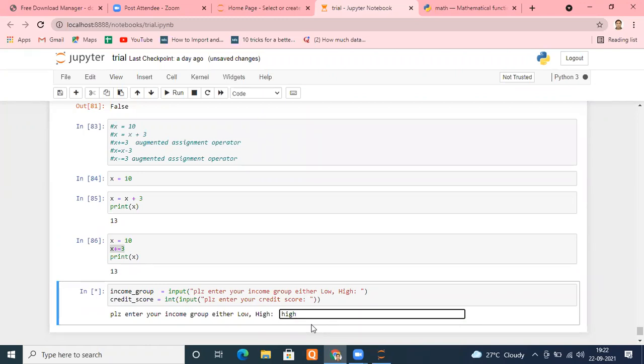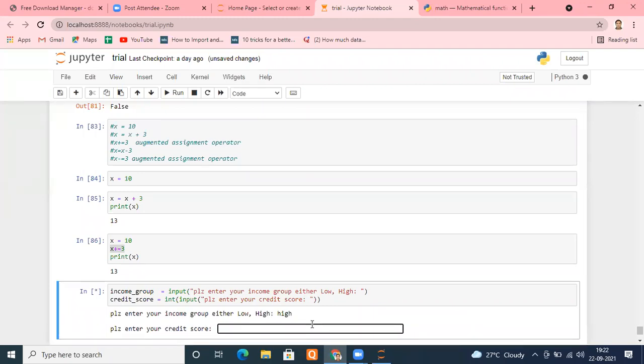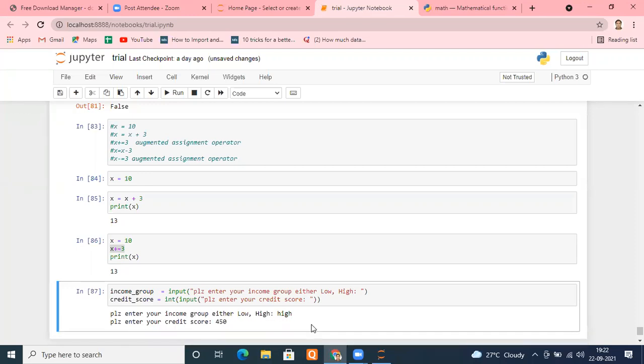It may happen, no? I may type a small letter or capital letter. Let it be. Okay, that's fine. I entered, and credit score, suppose I entered 450. Fine. Both the things are stored in the variables.